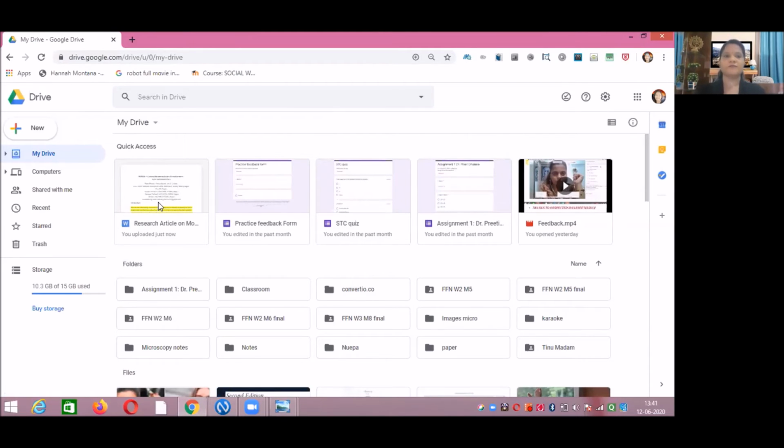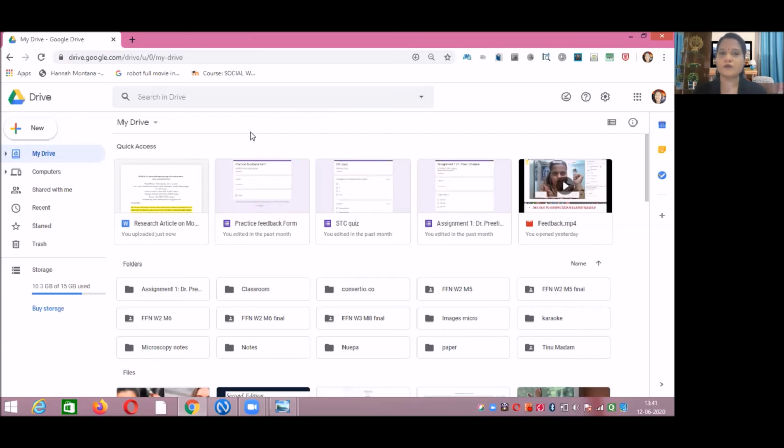What we have done: this file is initially present in your laptop or desktop, and we have imported that file into your G Drive. Now this file is available over the web. Got it? Now the second step is you have to get the link of this particular document and paste that link at the required position. Fine. So the next step is how to get the link of the document.